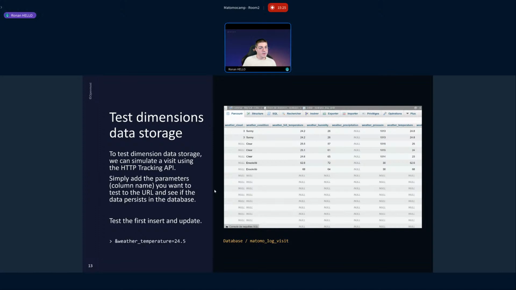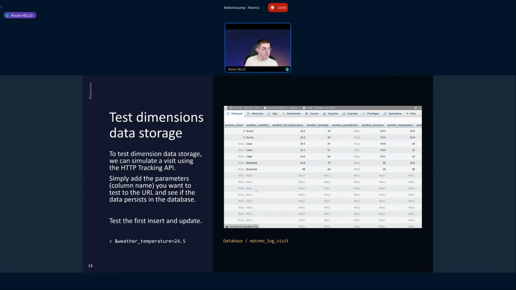the right columns. Here, as you can see, I just opened up phpMyAdmin, which is quite a bad tool, but very handy and very useful in a local environment. And here I'm just looking at a demo database, and I can see my columns for every dimension we just created. By default, it should be null, but here is a screenshot with populated data right in the database.